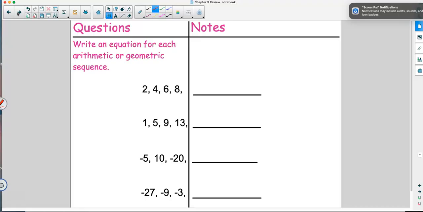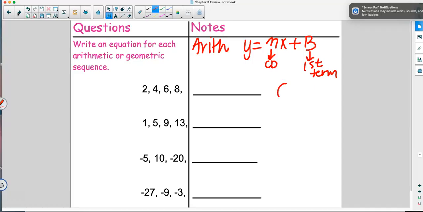Write an equation for each arithmetic and geometric. Remember that when we do our arithmetic sequence, the formula for arithmetic is y equals mx plus b, where m is your common difference and b is your first term. When we do geometric, we just did this. It's y equals a times b to the x, where a is your first term in your sequence and b